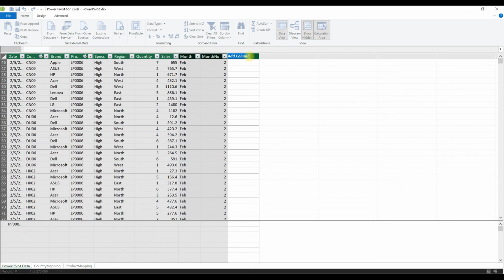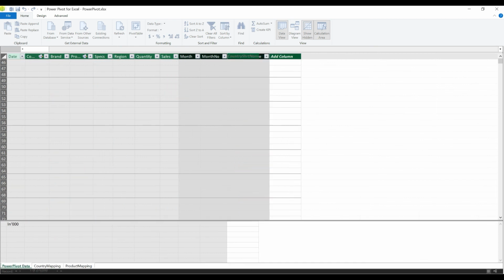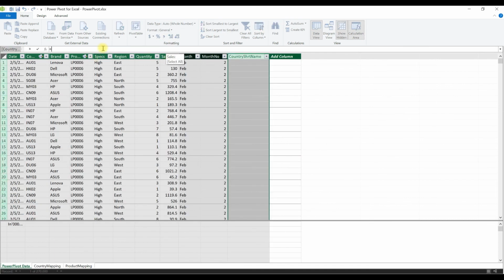Let's add one more column, product short name, or country short name. Instead of product, let's pick country. Country short name. Enter. To pick that, just use the left formula.